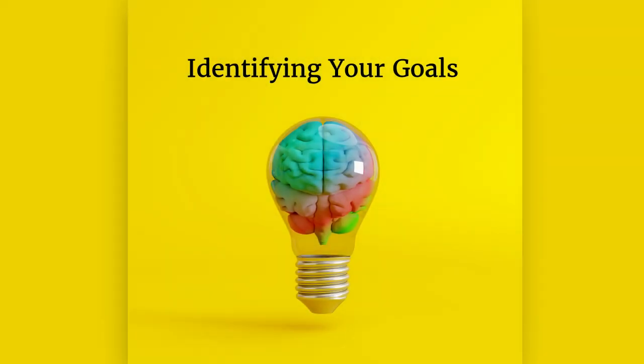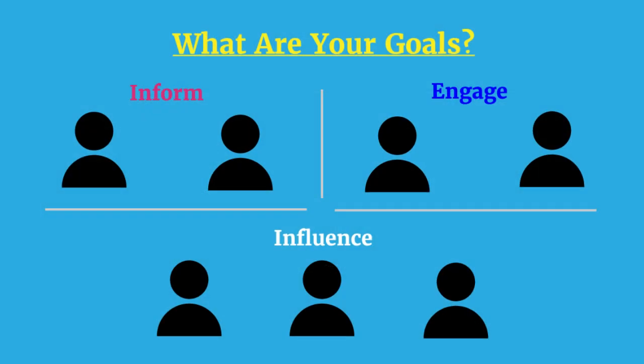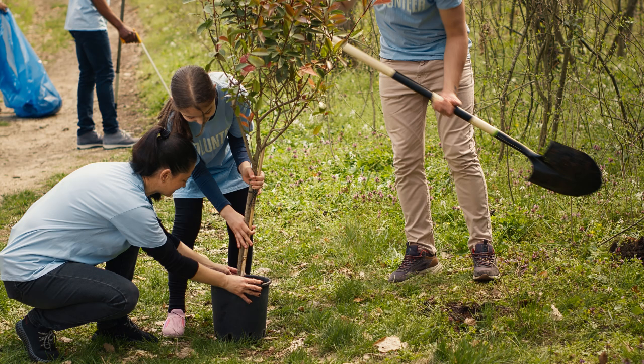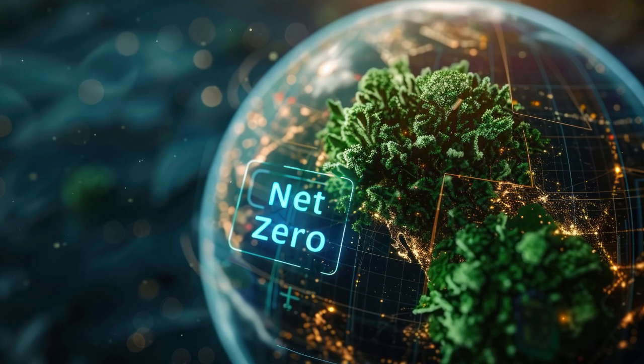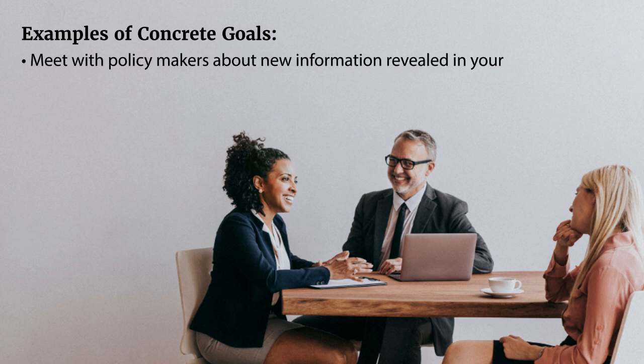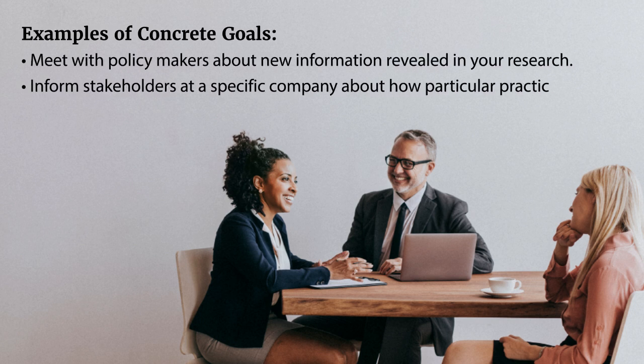So the next step is identifying your goals. Do you want to talk to us about that, Elena? Yeah, so it's really helpful to identify some concrete goals. What do you hope that you could accomplish? Are you trying to inform people about a problem? Are you trying to sway them to change their behavior in some way? Maybe that's at the individual level, or maybe it's an entire industry. Are you trying to shape some kind of policy or legislation? So, really thinking, in a best case scenario, what change or effect do you hope your research could create? And then after you do that, you want to come up with some very specific and concrete goals. Identify what you hope your research can do, and that will be a really critical first step.